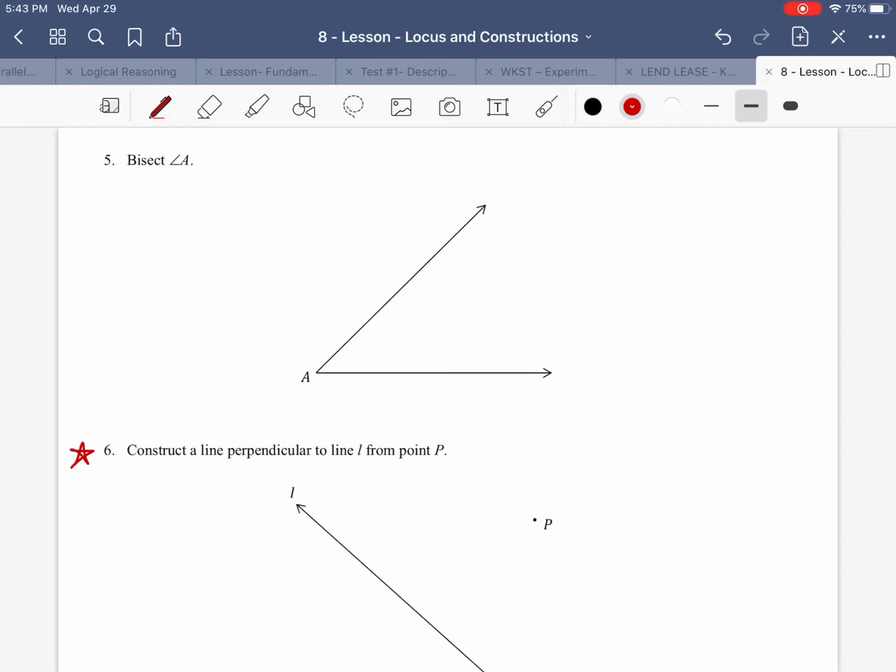Well, actually, I'm going to star number 6 and 7, because if you can handle everything else that I've done so far, then those will be pretty easy. But I will do number 5 with you because this is kind of new. All right. So this follows the same general idea as duplicating an angle. So what we do is we draw a circle,